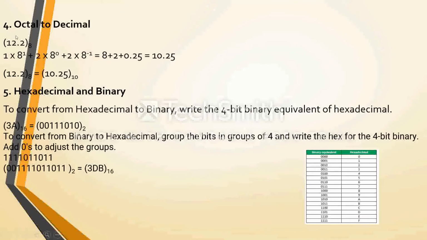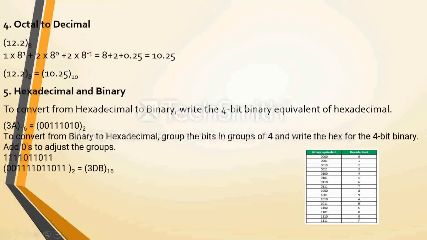Same as that of binary to decimal. Instead of 2, we need to take 8 here. And the weightage assigned to the bit position is the same. This is our MSB bit, which is assigned with 8 to the power 1. And this is our LSB bit, which is assigned with 8 to the power 0. Okay, I hope this is clear, how to convert the numbers from one base to another base.